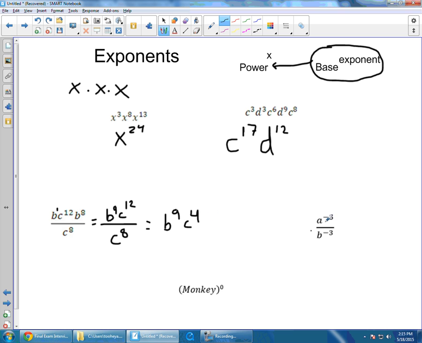Okay, so there's how we do that one. Now this one's sort of the same thing, but if you look, a and b aren't the same base, so you can't subtract them. And what we have here is things to the negative power. Anytime we have something in the negative power, like if we had c to the negative 2 power, what you have to do to make it a positive,